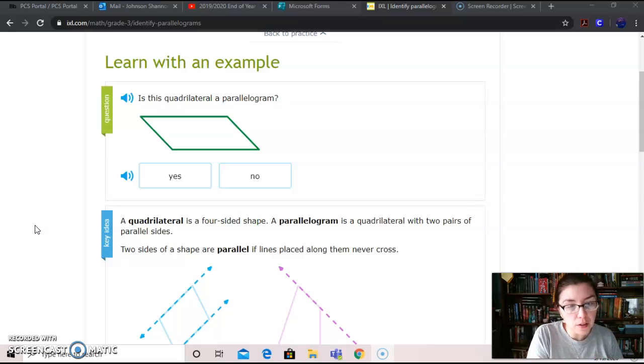A quadrilateral is a four-sided shape. So any four-sided shape, okay? A parallelogram is a quadrilateral with two pairs of parallel sides. And so you've got to know a couple things. You've got to know what the quadrilateral is. Quad means four, so four sides. Okay. You have to know what a parallelogram is, but in order to really understand what a parallelogram is, you